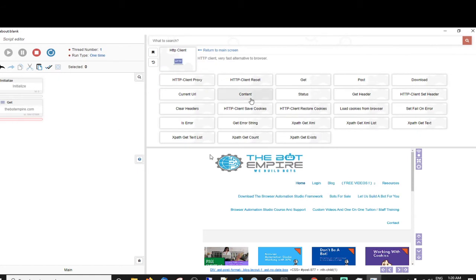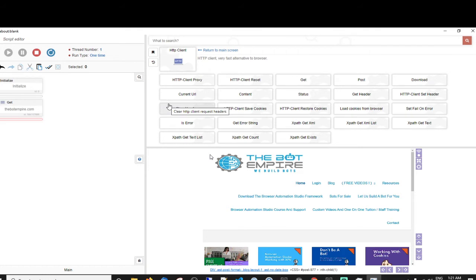Of course, then you can use the other functions in the HTTP toolbox. We can use Content to grab the content of the last request we made, get the current URL, and the status. If you use the status and it comes back as a 200, that means everything was good. Anything else indicates there's a problem of some kind.